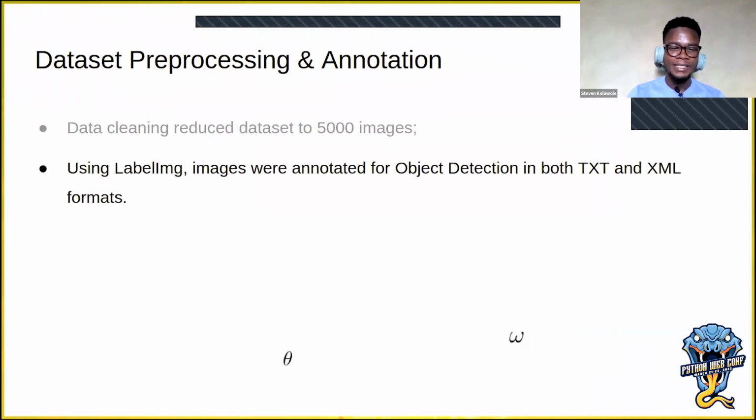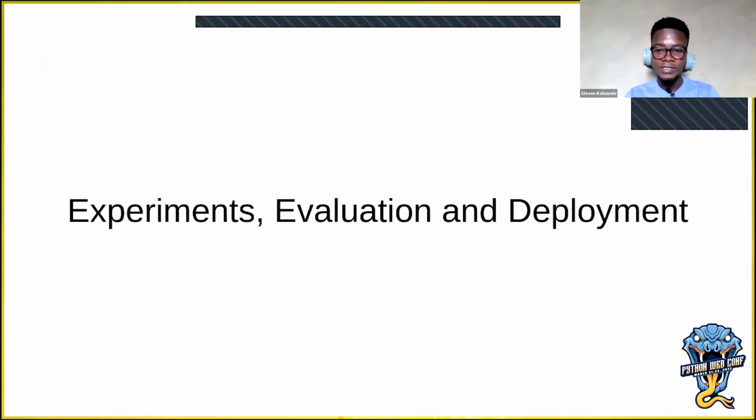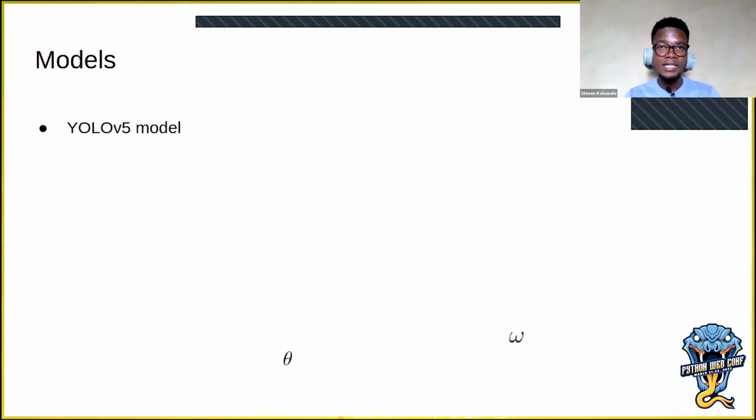And then we made use of LabelImg to annotate the images for object detection in both TXT and XML formats. All right. So considering the experiments and the evaluations, we tried out different models. The first one is the YOLOv5 model. The YOLOv5 model is a very well-known object detection model out there.